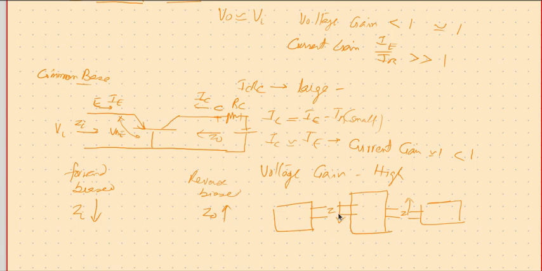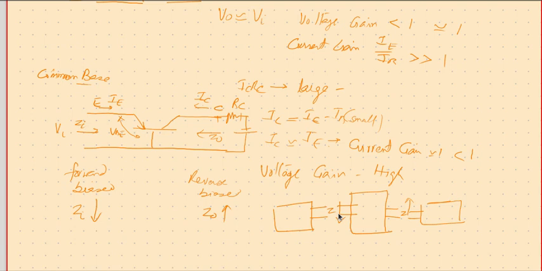Okay, to summarize, common emitter, both current and voltage are amplified, so which is commonly used in power amplification, voltage amplification, current amplification, all three. Common collector, also known as emitter follower, commonly used where you don't want the voltage to change but only current to get amplified. So we go for common collector or emitter follower, or we go for common base where the common application is when you want to connect one system with low impedance to another system with high impedance.